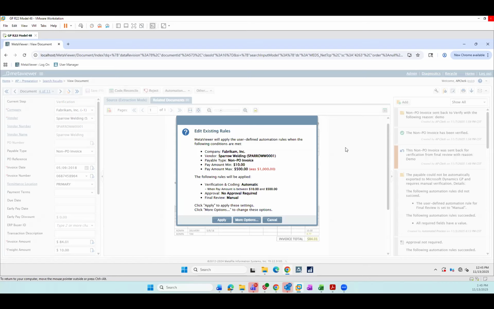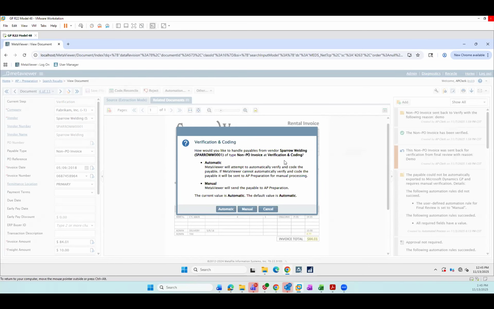You can go ahead and automate that and say, okay, in this particular case, if Sparrow Welding sends me an invoice between $10 and $500, I can skip the stage for verification coding and make that automatic. Then I could look to make other changes and I can apply that, or I have more options. What if I wanted to move something beyond just that first stage and say, okay, now if I choose automatic, Sparrow Welding's invoice, if it meets that criteria, will be enabled to verify and code the payable,